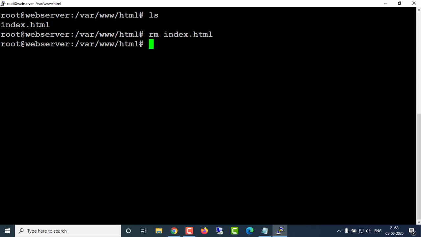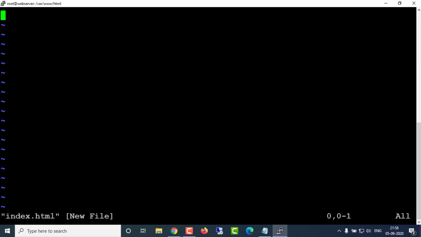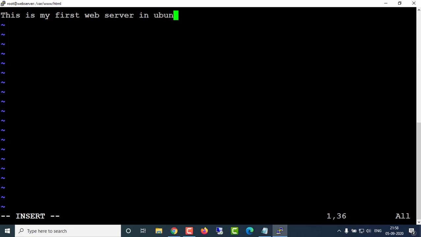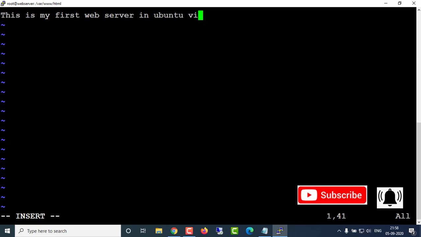Enter. I am going to create a new file with vim, as the web server, with the same name, index.html, and I am going to write some text inside it, like: this is my first web server in Ubuntu virtual machine in Azure.